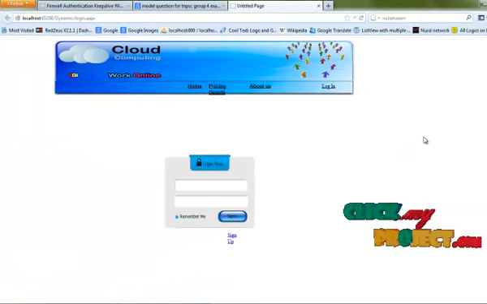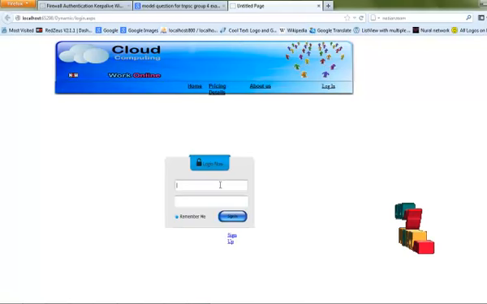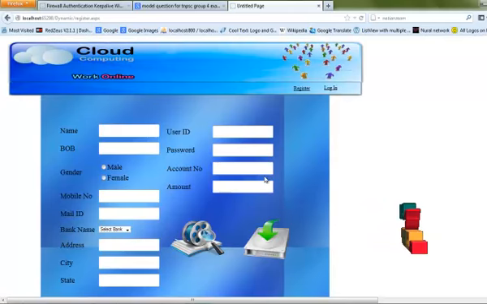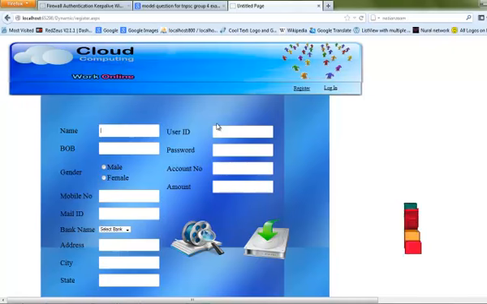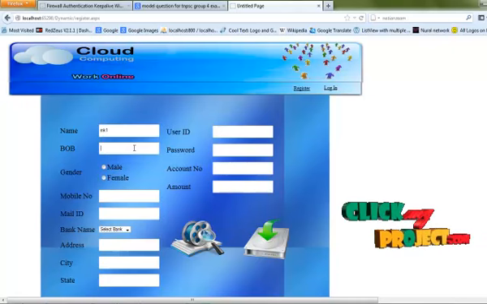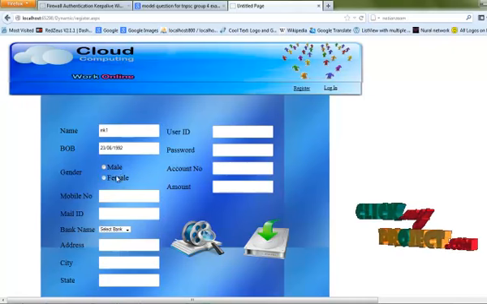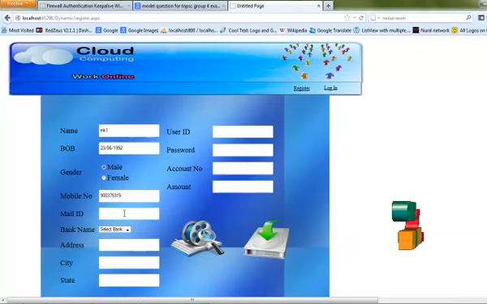The project has been executed. This is our main page. This is for an existing user: enter your username and password. To create a new user, click the sign up button. This is our new user creating process. Name equals mk1, date of birth equals 23692, mobile number, and mail id equals